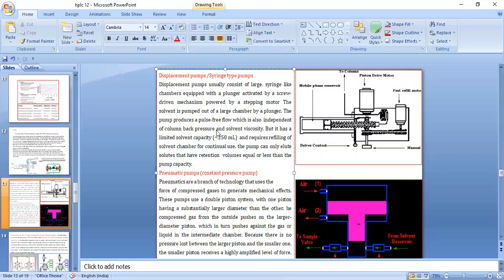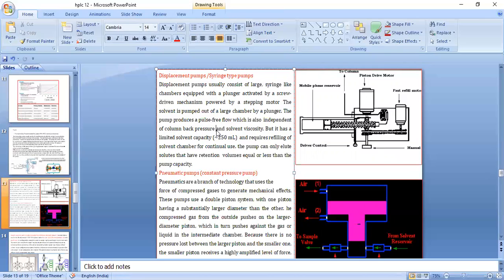Now ये पंप कब यूज कर सकते हैं? For example, you want to elute a component A or you want to elute a component B, and it has a retention volume of around 100 ml. So you can easily use this displacement pump or the syringe type of the pumps, because the volume needed to elute a component from the column is around 100 ml. So you are safe when you are using the displacement pump or a syringe pump which has a capacity of 250 ml. अगर किसी कंपोनेंट की रिटेंशन वॉल्यूम जो है वो ज्यादा है, then it is not advisable to use